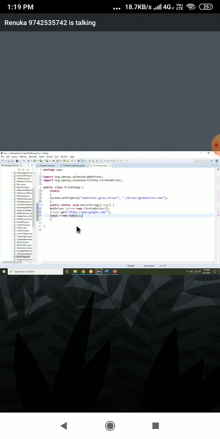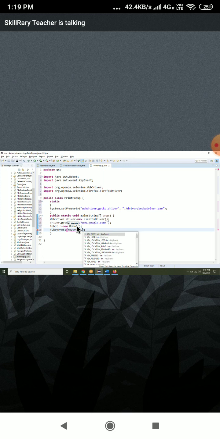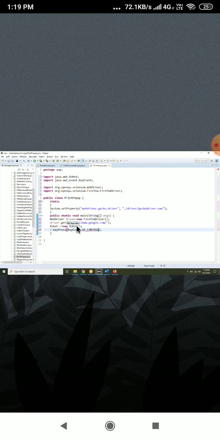Done. r dot keyPress of KeyEvent. Yes, r dot keyPress. Inside that I have to use KeyEvent dot VK underscore CONTROL. Type C and you can select CONTROL here. Done.